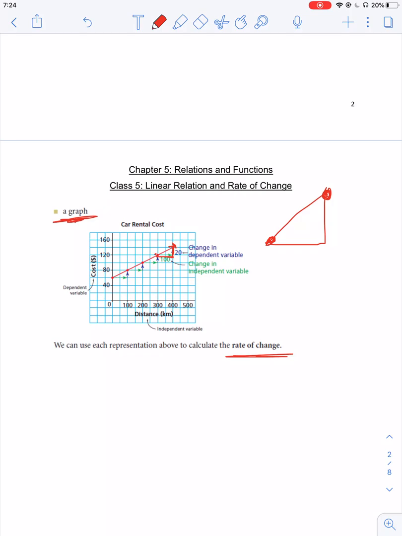Now in math, change in y, we call that delta y, okay? Delta just means change, and the change in x, the distance over here, the change in the x coordinate, we call that delta x, okay? So the formula for rate of change, I'm gonna give it to you. Rate of change is equal to